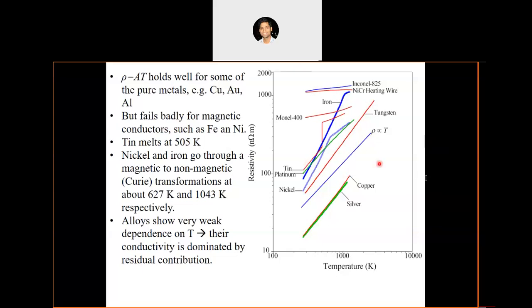Somebody is asking about Gibbs phase rule, but I think right now we don't have time for that. Sir, to find degrees of freedom at liquidus, what do we take? P plus F is equal to C plus 1 or P plus F is equal to C? For the whole phase diagram, only pressure is a constant. The phase diagrams which we have dealt with, they are all drawn at constant pressure. So that's why for the whole region of the phase diagram, P plus F is equal to C plus 1. That will be the relationship which will hold true.